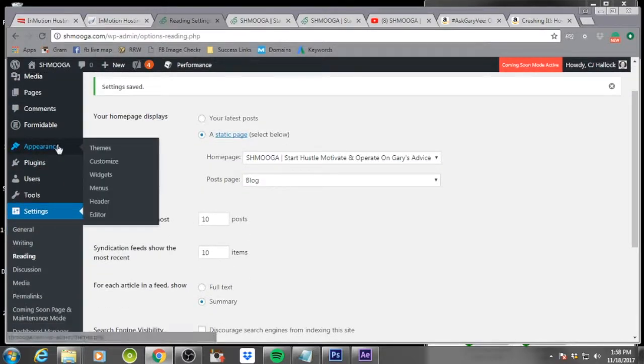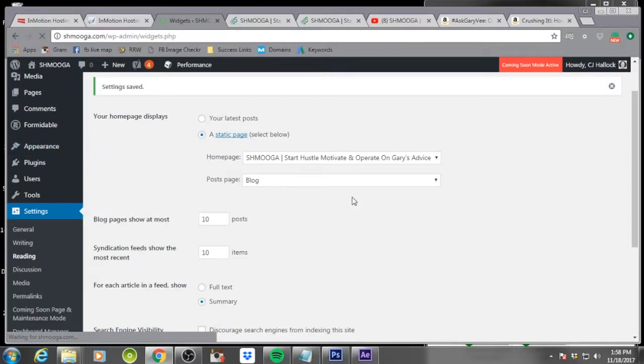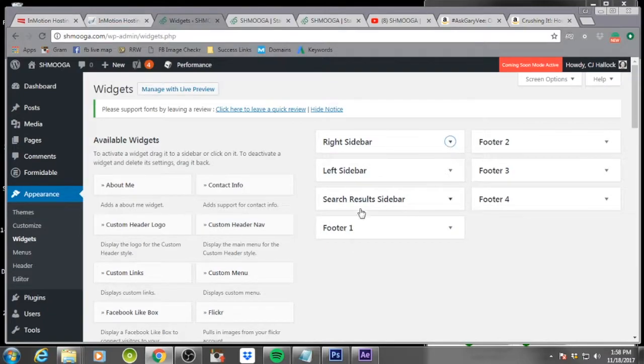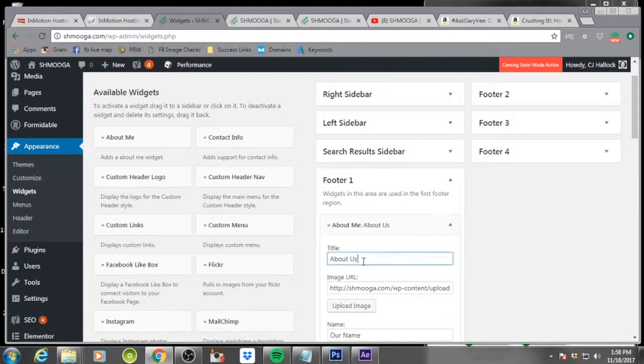So we're basically going to hover over appearance and click on widgets. And you see these 4 footers. And I'm going to go ahead and minimize this. You see footer 1, footer 2, footer 3, footer 4. This is where that information is. I have the about section, so I'm going to just put about